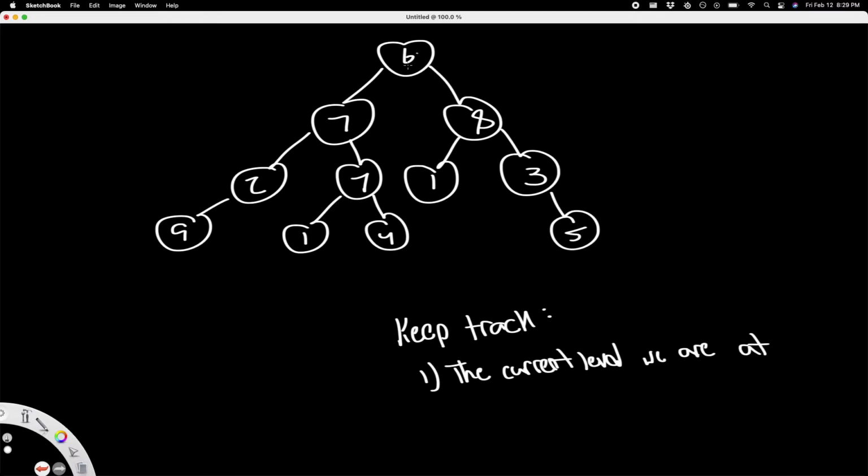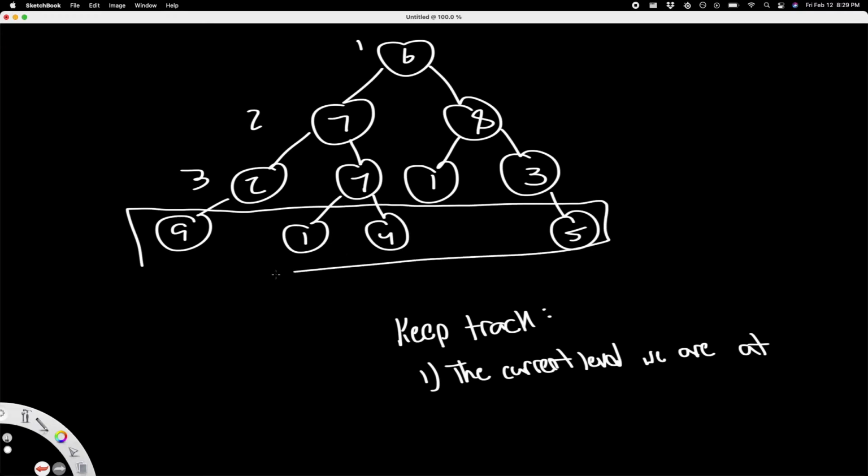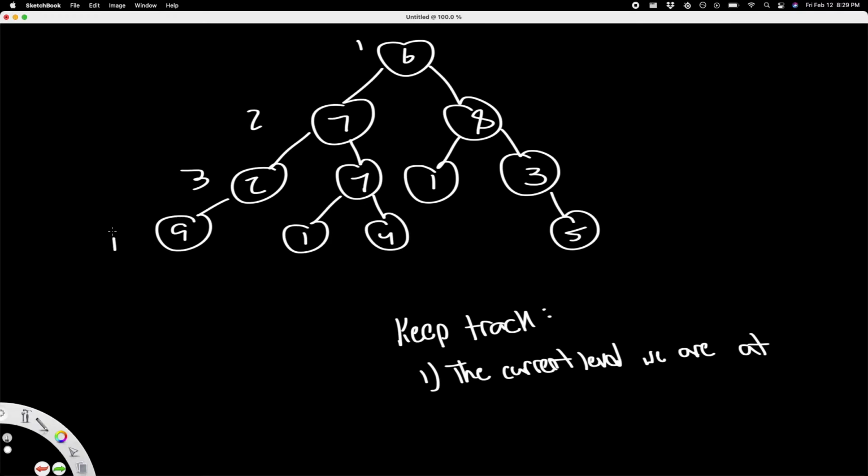So for example, if we were looking at this 6, our current level would be 1. If we were looking at this 7 or 8, our current level will be 2. If we were looking at 2, 7, 1, or 3, anything here, our current level will be 3. And if we were looking at 9, 1, 4, 5, our current level will be 4. So that's the first thing we want to keep track of, which will be extremely easy when we write out